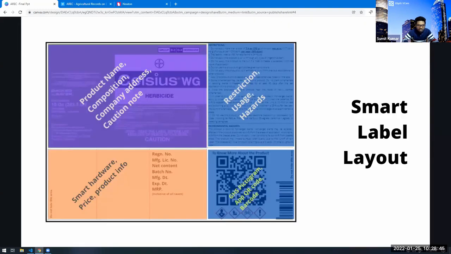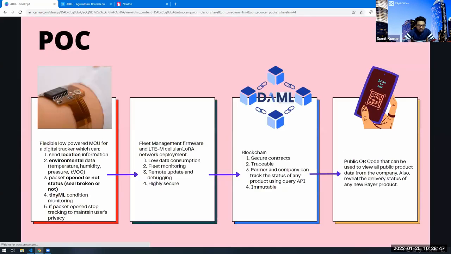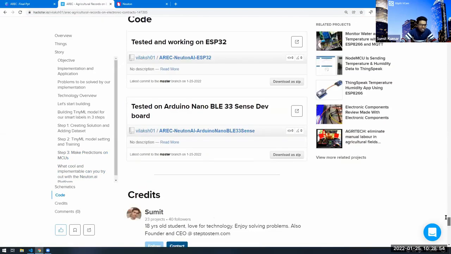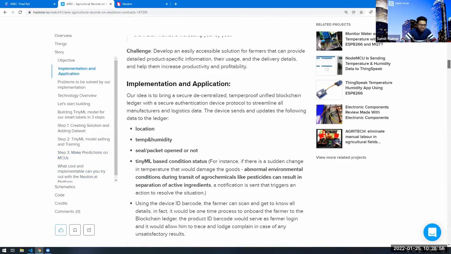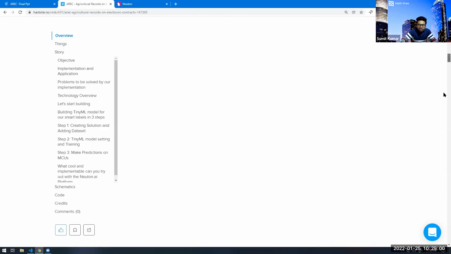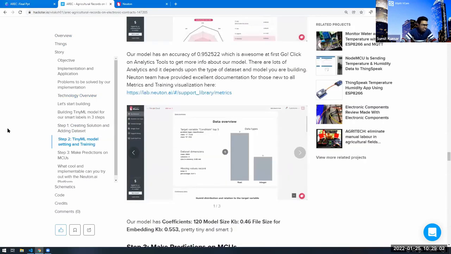And maybe if I'm able to get more on this, I'll try to finish this project soon. I hope you like the project, and if you have any questions regarding training the model and using TinyML, don't hesitate to ask. I'm always happy to help. Yeah, thank you.